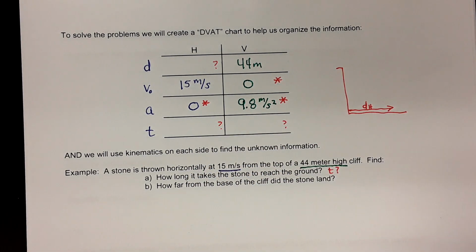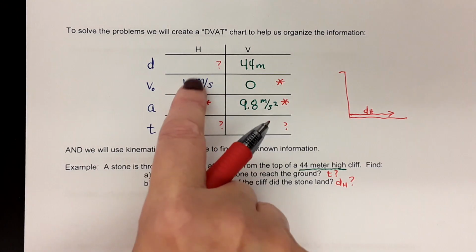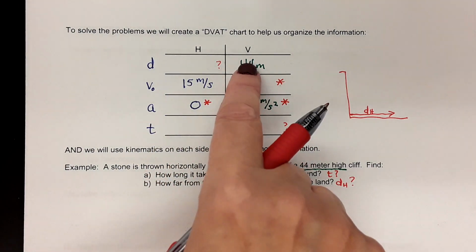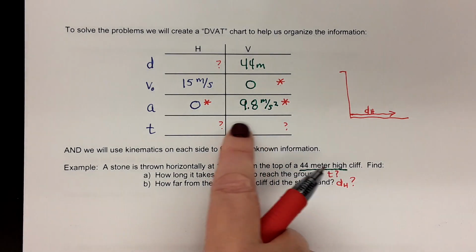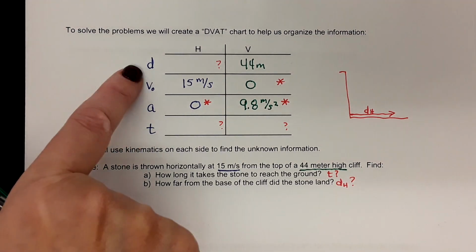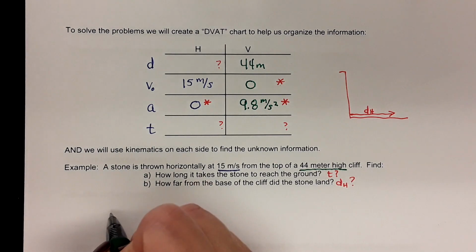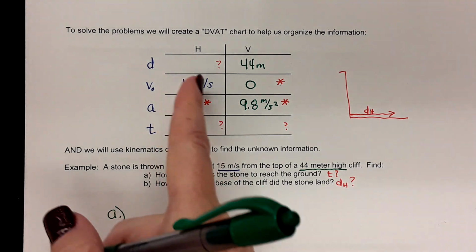Now, how are we going to do that? Well, look at the chart. Now, in algebra, they gave you a good piece of information on how to solve problems, and that is start where you have the most information. Notice, 2 knowns, 2 unknowns. 3 knowns, 1 unknown. Here's where we want to start because here's where we have the most information. Now, what formula are we going to use? Well, look right here. D, V sub O, A, T. There's only one formula that contains all 4, guys, the general equation. So to get the time on part A, I am going to chuck in my